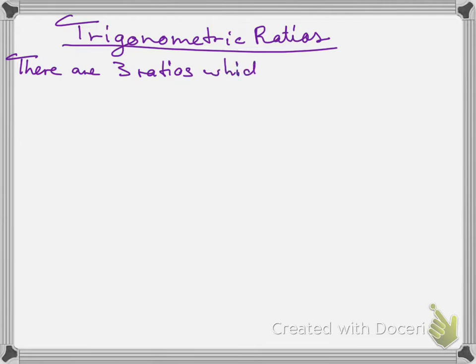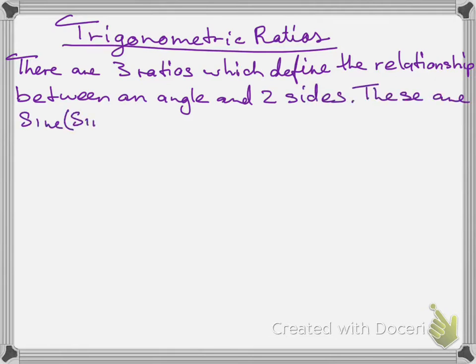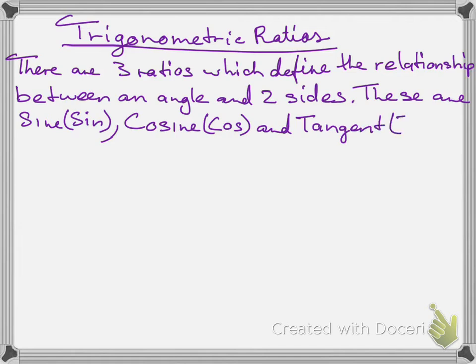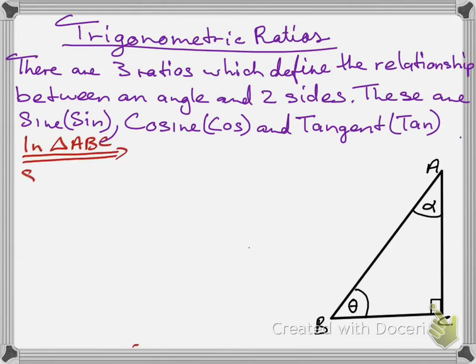There are 3 trig ratios which we can have. These trig ratios define the relationship between an angle and 2 sides of a triangle. They are sine, abbreviated sin, cosine, abbreviated cos, and tangent, abbreviated tan. Having the triangle ABC, we can say sine of angle B